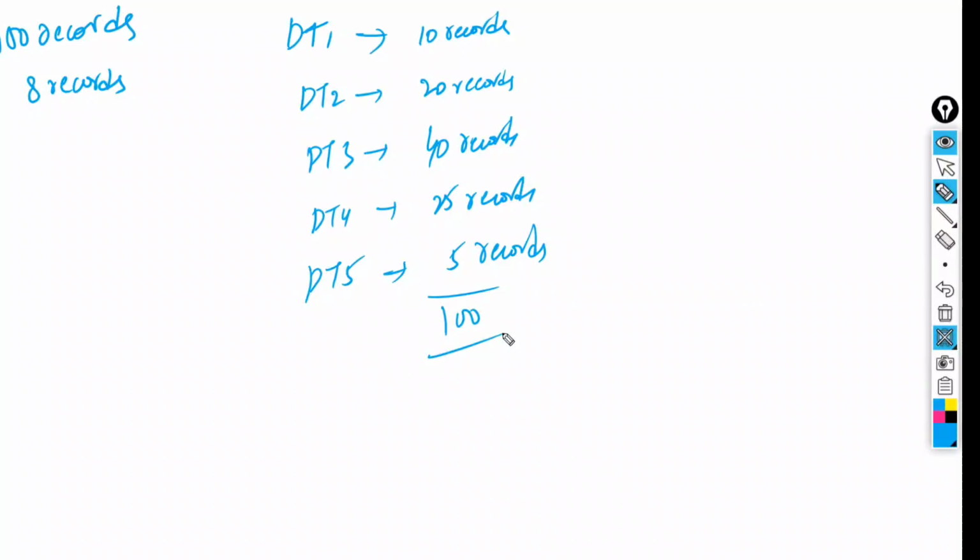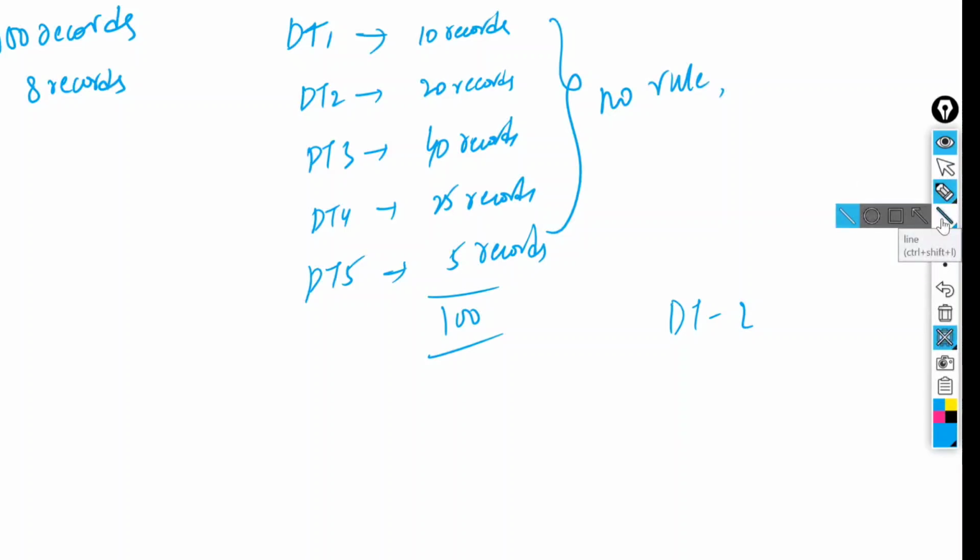So here, the number of records is also not equal. It may select the same number of records, or it may select an uneven number of records. For example, some decision trees will select only 2 records, and using those 2 records, it will still create the decision tree. Some decision trees are created based on 20 records, some based on 40 records. There is no rule that an equal number of records has to be selected. No rule is there about which record it is going to select and how many records it is going to select. Randomly it is going to choose. In the backend, it is using the concept called np.random.